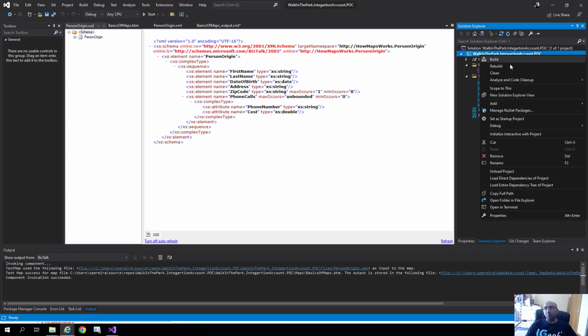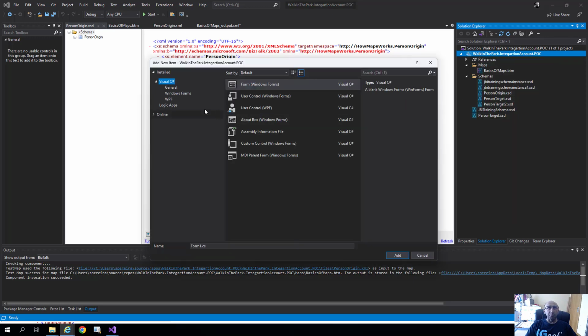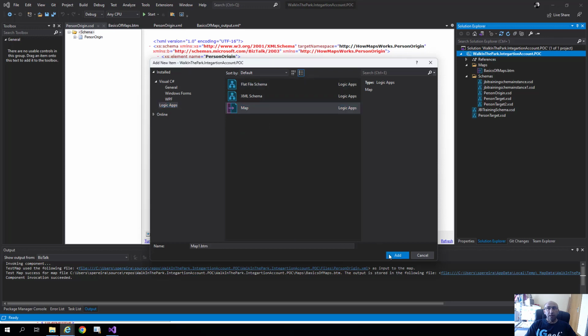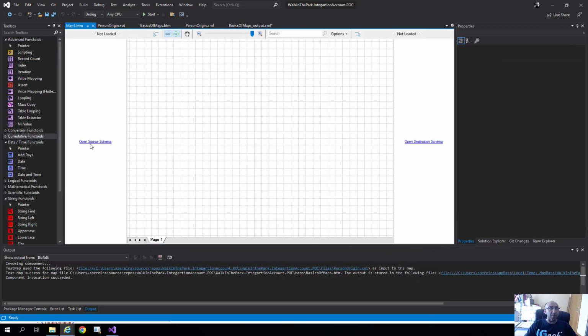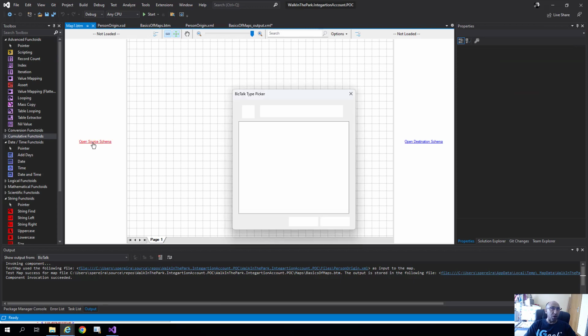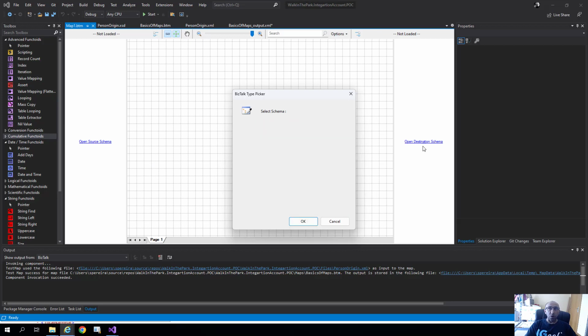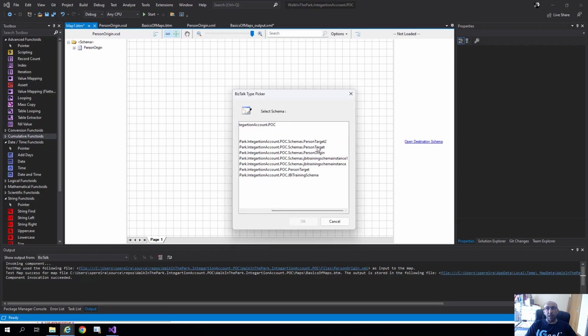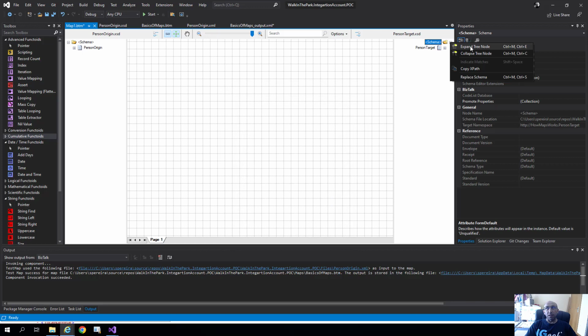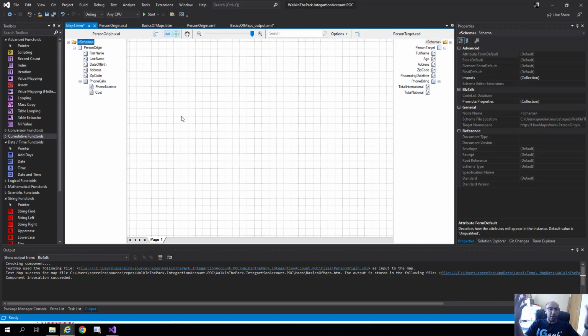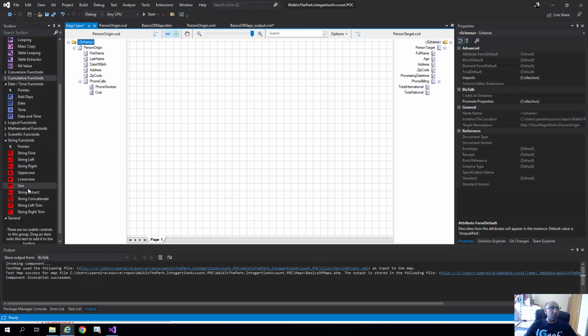And if I create a new map, the experience is the same as in BizTalk, if you are not familiar with that. And I say, okay, that's a map. I have a source schema. I have a destination schema. I open. I click on the link. It shows me all the schemas that I have available inside my solution. I say person origin, then on the destination will be person, can be this, person target, and you see that expand, and there you go, you have it, and then it's just a way of